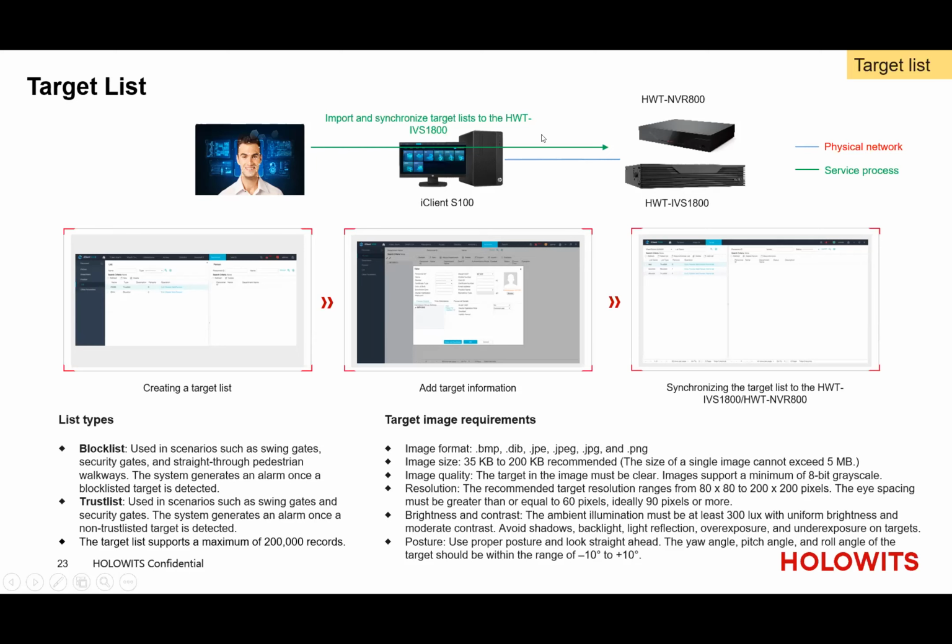This is the function picture. And this is the alarm picture, alarm page. Line crossing counting refers to statistics of the number of people entering and